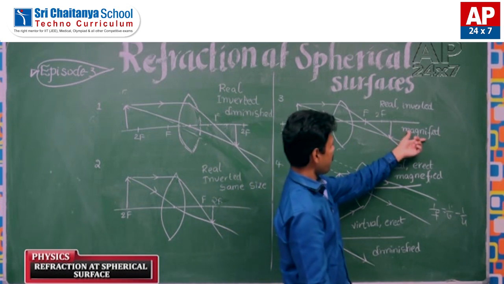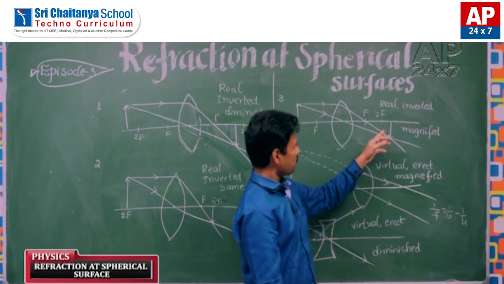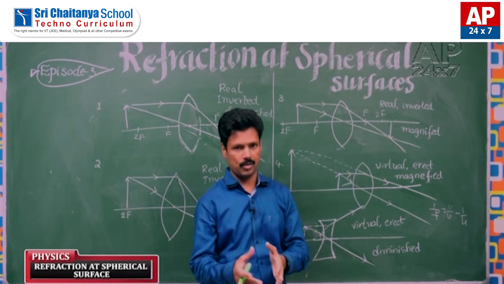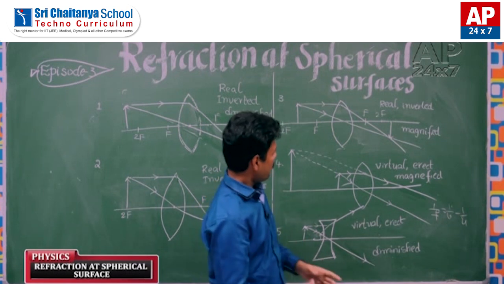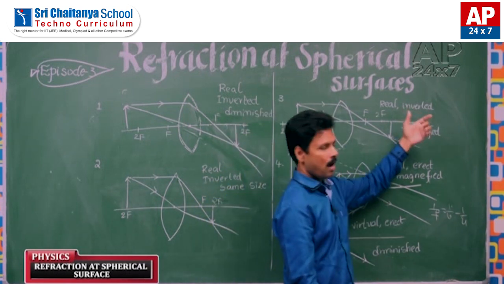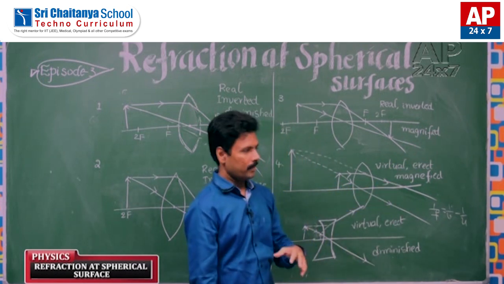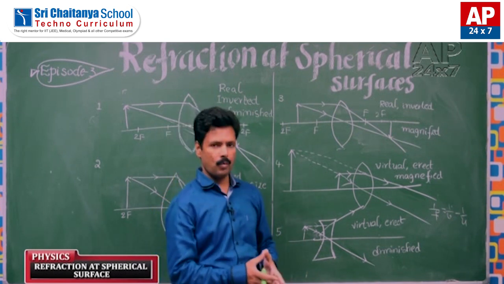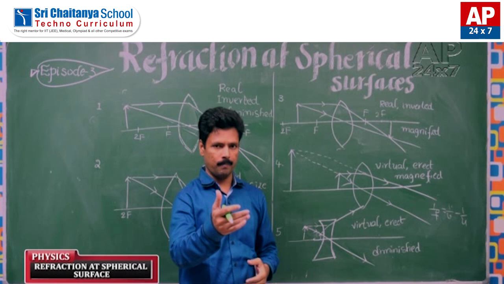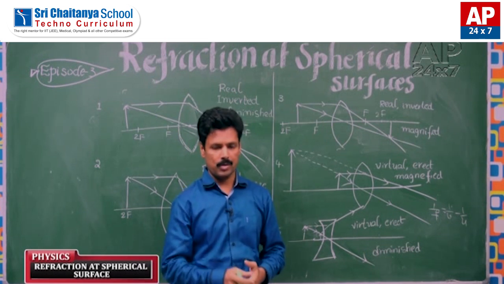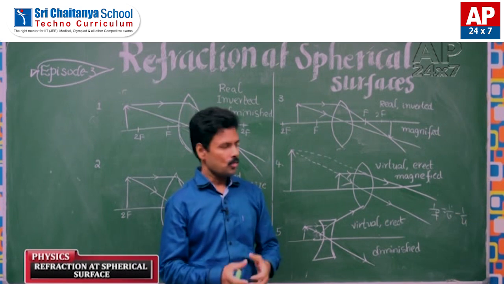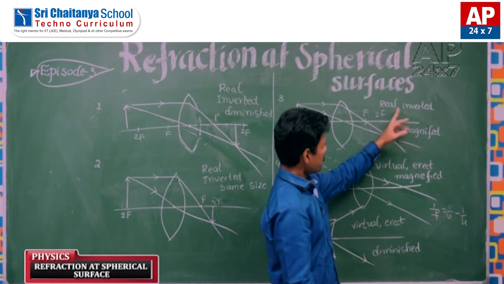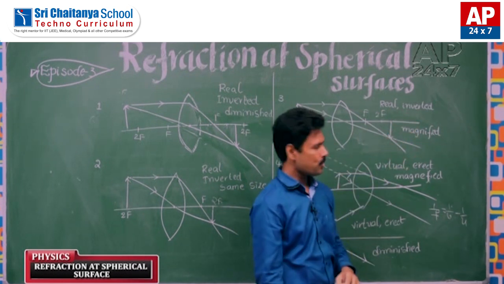So the image is magnified. Next, coming to the v value, v is positive. So v positive means it is a real image. And next, is it inverted or erect? That we decide from the sign of the magnification. Now in this case, m = v/u, v positive, u negative. That means the total value is negative. Total value negative means it is inverted, right? So it is real, inverted and magnified, right?